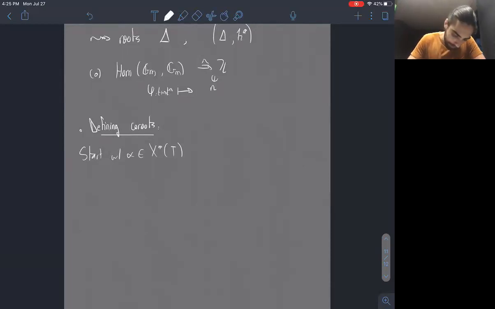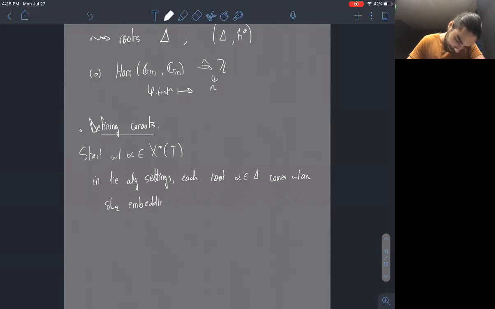So in the Lie algebra setting, each root alpha comes with an SL2 embedding by looking at